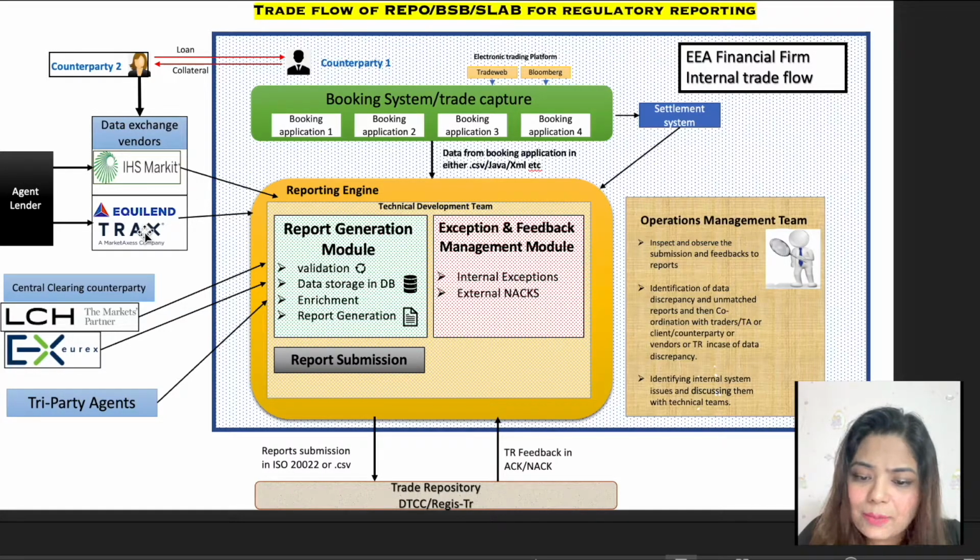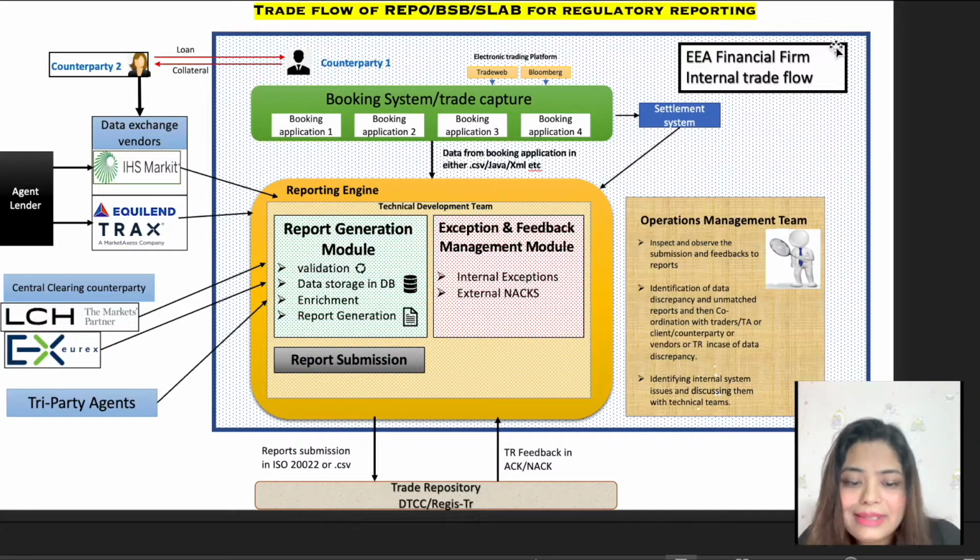Now let's take the example of agent lenders. Sometimes investment firms decide to book their trades with an agent instead of directly booking these trades with the direct counterparty. Then this agent allocates this trade to various other counterparties, and it sends its allocation to IHS Markit or TRAX or Equivalent. And from these vendor platforms, we receive agent lender data. The agent lender manages the loan part of the SFT transaction. So if you want to know more about what agent lender trades are and how they work, then you can click at the top right corner to watch my video on it.